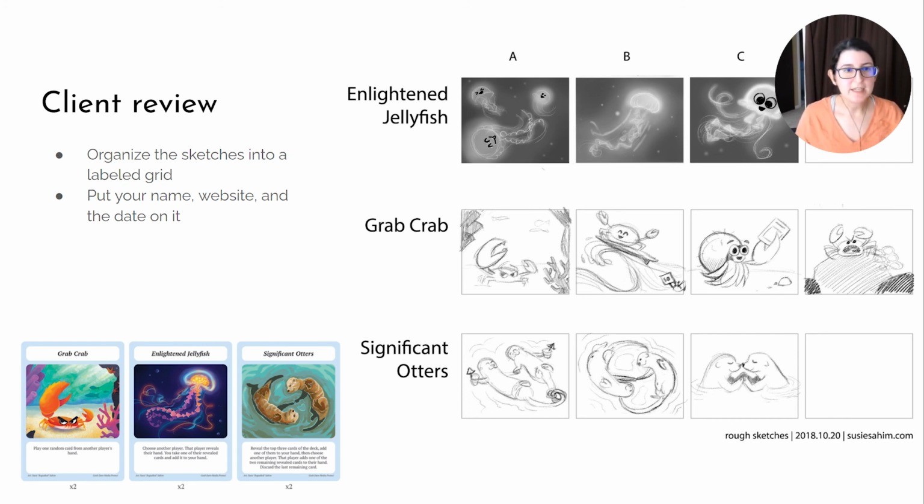And it doesn't have to be 10. I know that I said with thumbnailing you're going to want to do 25 to 50, but you want to narrow it down to 3, maybe 4, if you've got a really good one in there. Because you don't want to give the client too many options, and you want to make sure you're presenting your best ideas.